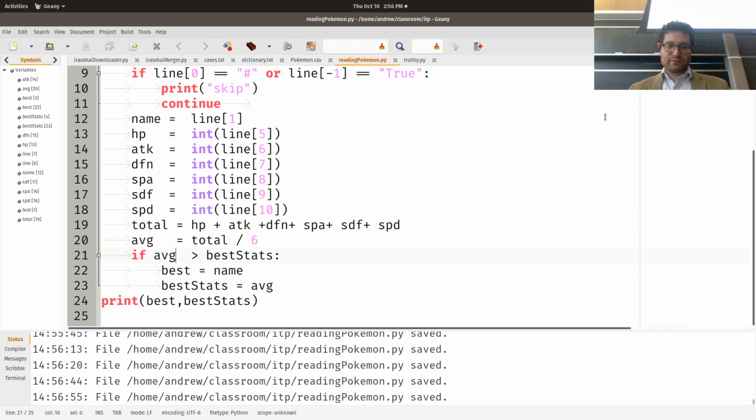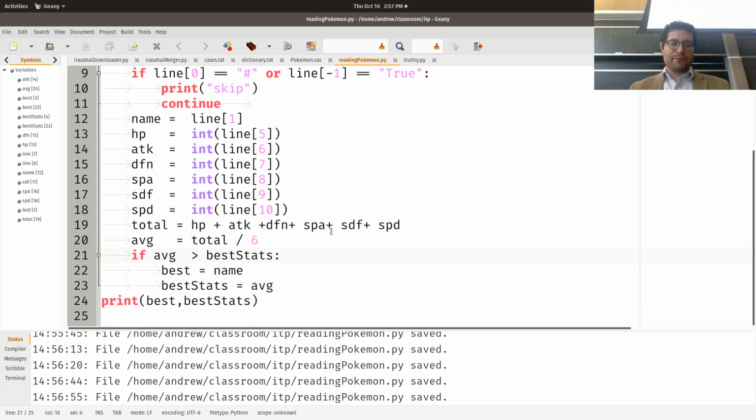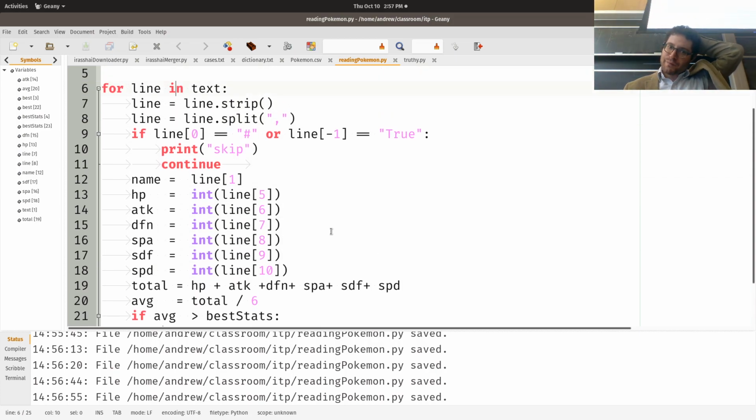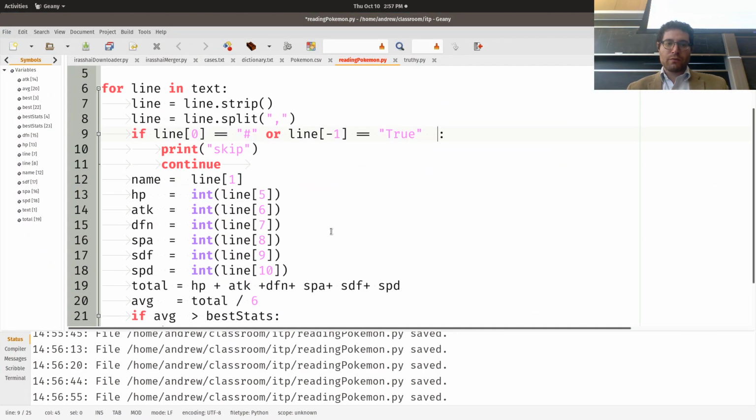Okay, so that's a whole lot of stuff. What if you wanted to find out if it was a Pokemon of a certain type, though, right? What if you were interested in the strongest normal type Pokemon or the strongest dragon type, right? So we can modify this as well, or we can put one separate down here, which is,